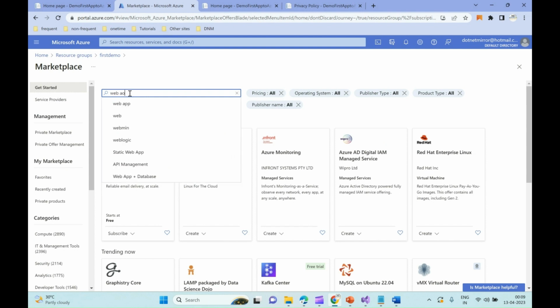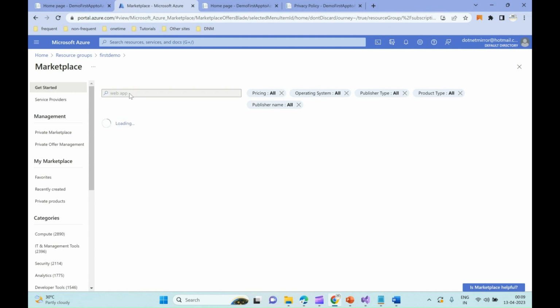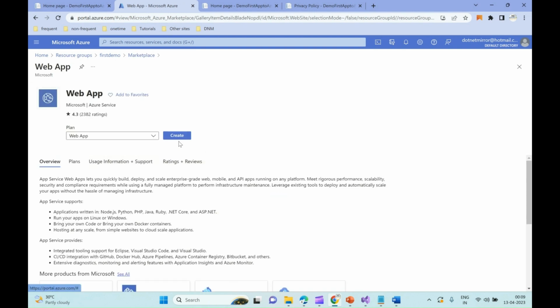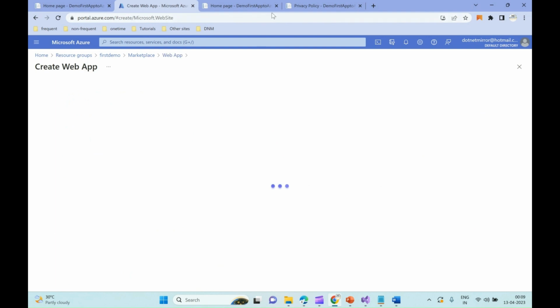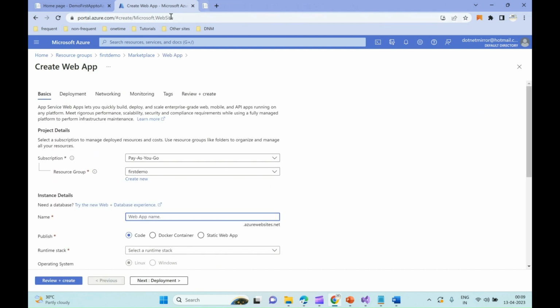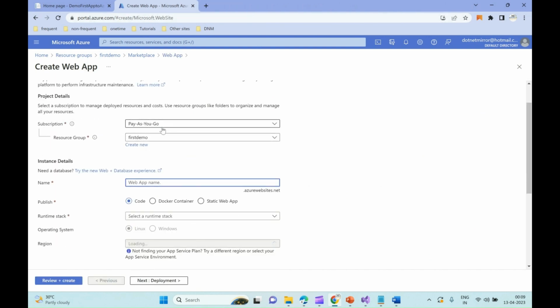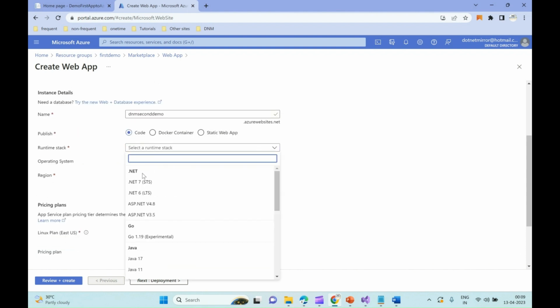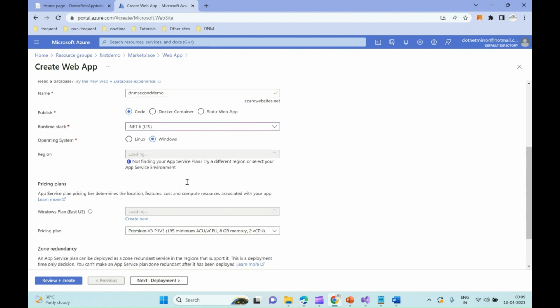Select web app. I'll select pay as you go. First demo, I'll call it as DNM. Second demo is available. I'll just select .NET 6 Windows,